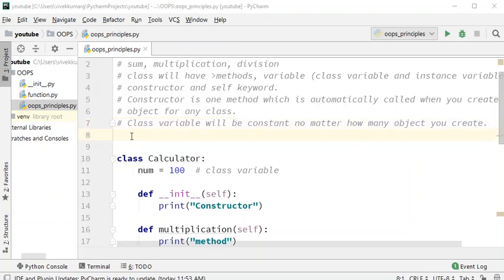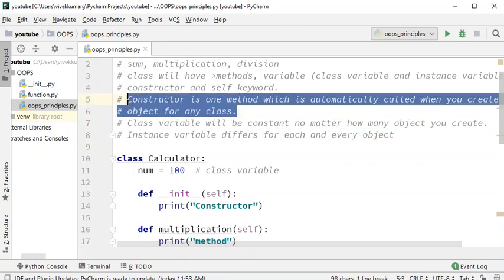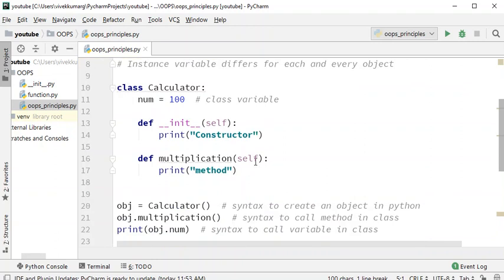So what about instance variable? Instance variable differs for each and every object, unlike class variable. And don't worry, whatever I write here, we will always have a visualization to it. Now I believe you got a very good visualization of how the default constructor is called at runtime, and how it is called as soon as the object is created.